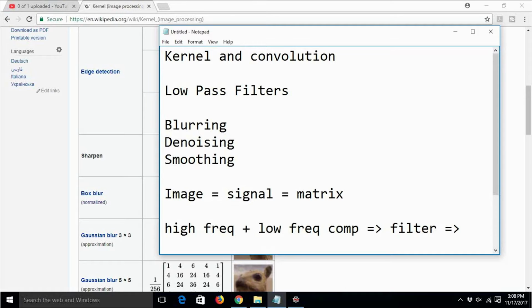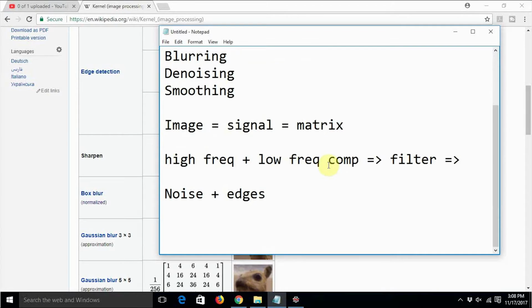Basically it's a summation of these two components, and when we pass this to any filter circuit or any filter function or any filter chip, then the filter filters one of these components and allows the other component to pass through it.